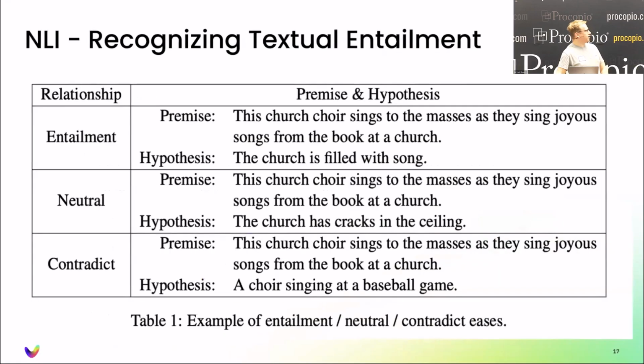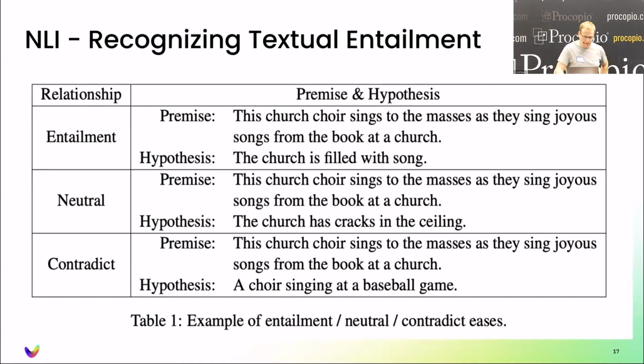This is best illustrated with an example. This problem has been around a long time. Basically, it's a three-way classification between two pieces of text, usually two sentences. You're given a premise, and then a hypothesis, which is a statement usually related to that premise. Does the hypothesis entail the premise, meaning it can be concluded from the premise or is consistent with it in some way? Is it neutral, meaning you can't really derive any information from it? Or does it actually contradict the information in the premise?